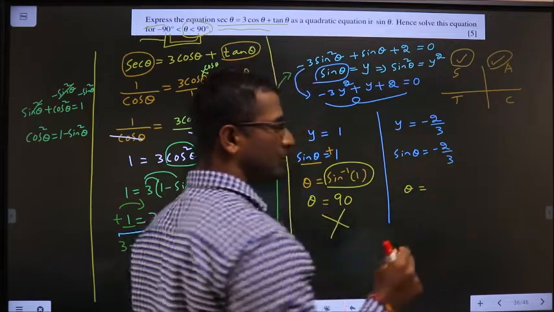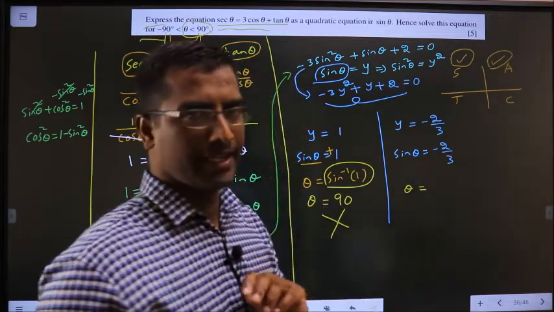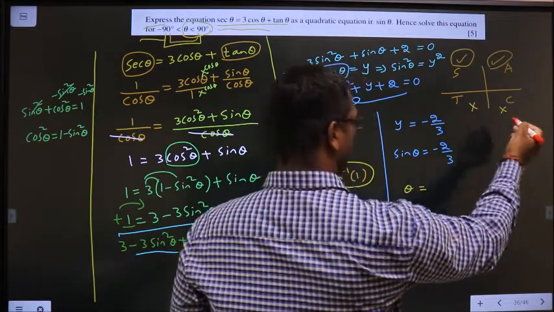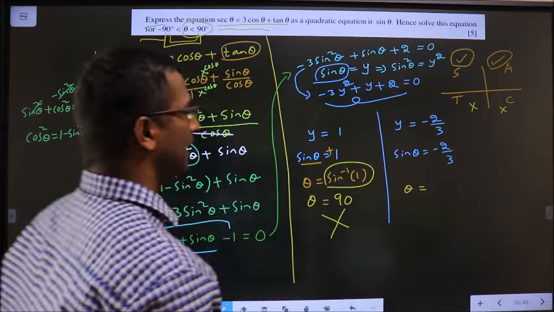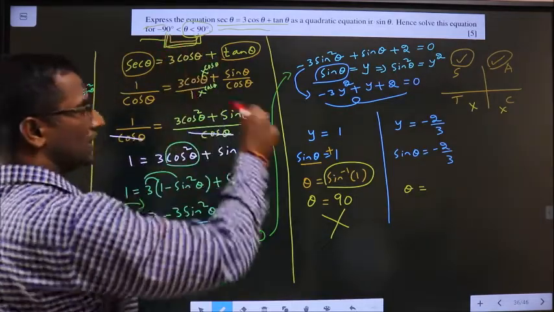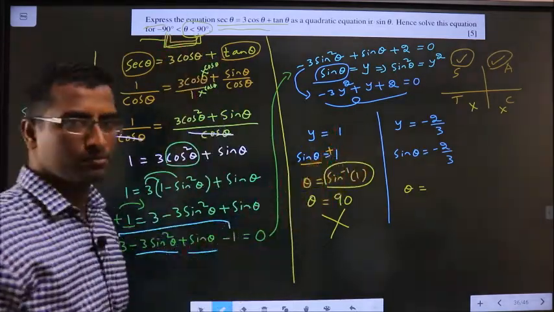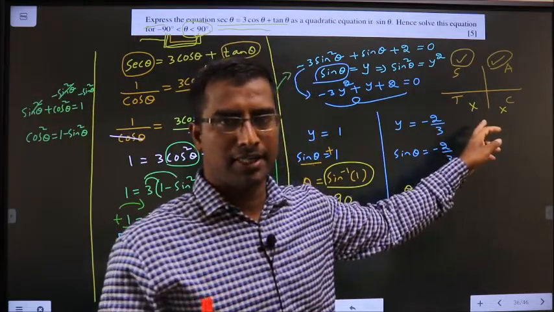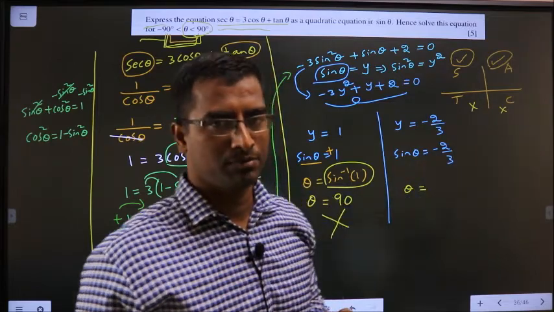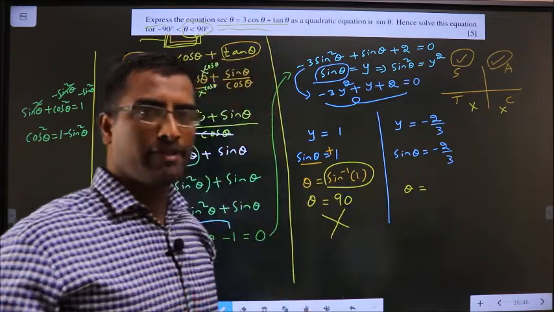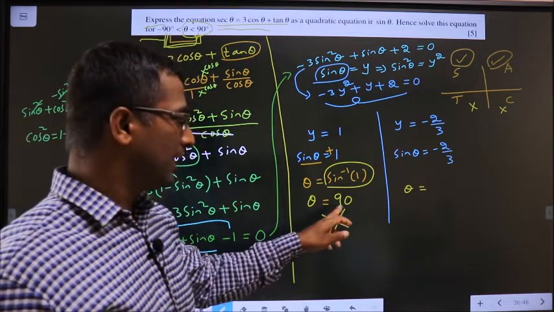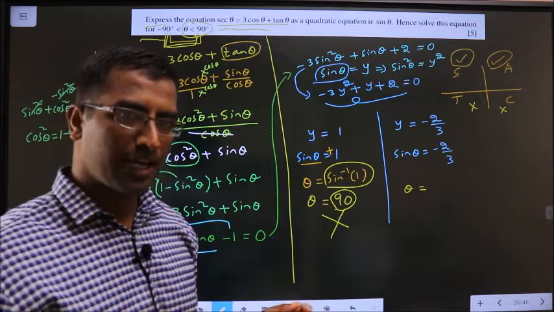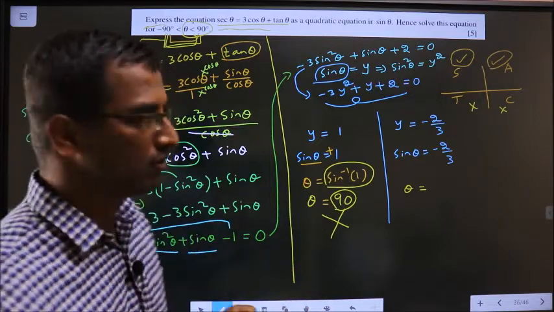Now I should see in what all quadrants is sin negative. It is negative over here, third and fourth. Clear? But in the given interval, both the quadrants does not come. So whatever angle I find in third and fourth, that is not present in the given interval, so they are rejected anyhow. So now the question is, how do we find the value for theta? If I take it to be positive, we got 90, that is not in the interval. So now I look for a negative value.